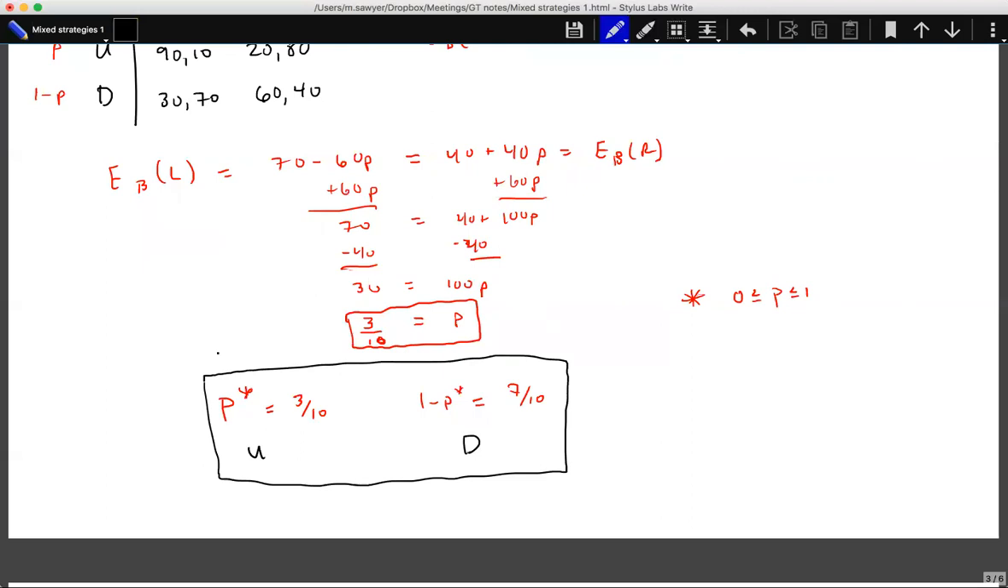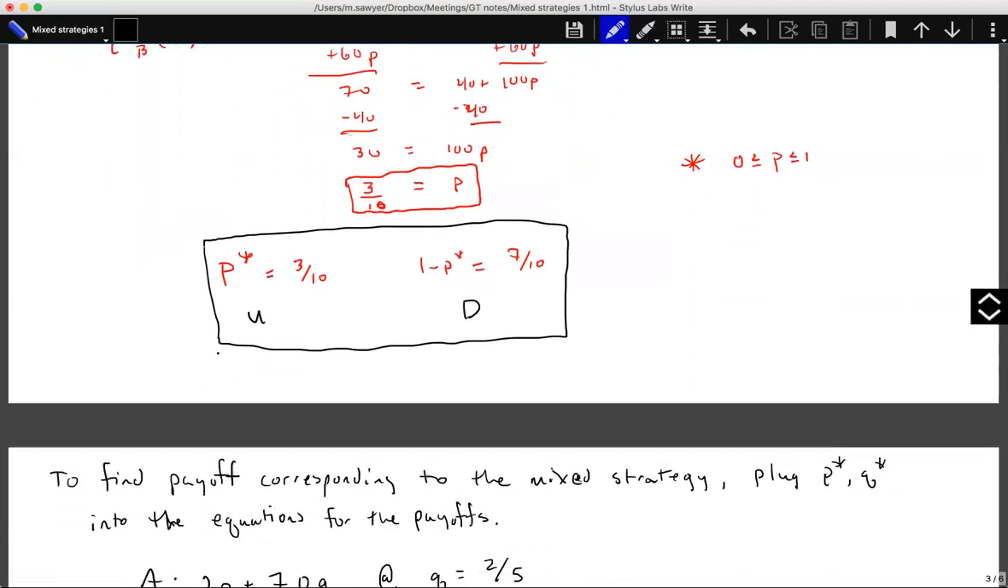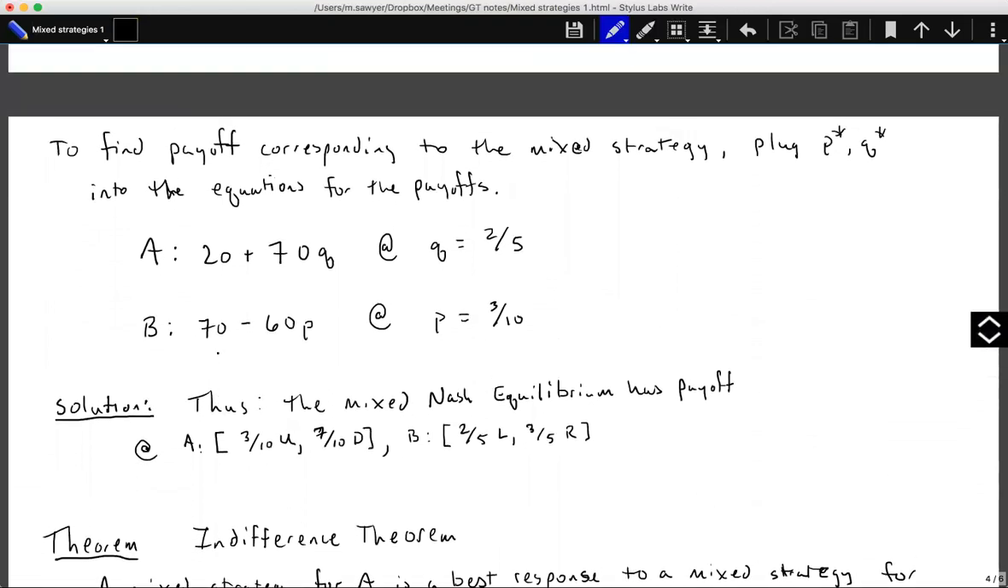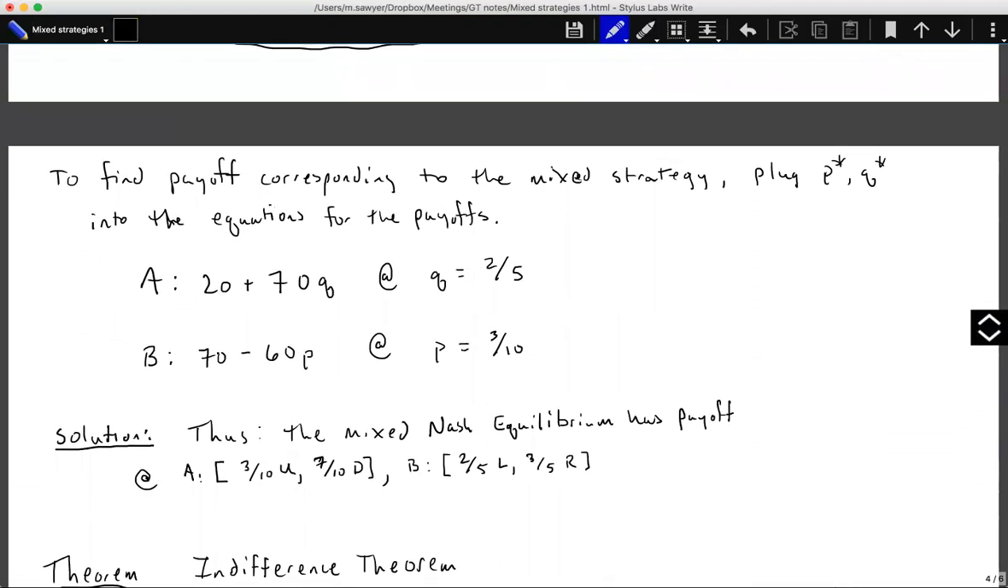So now we've got the probabilities, now we just have to find the payoffs corresponding to the mixed strategies. So what we've done is I've pulled the P star and the Q star. So here's our P star and our Q star, and I've pulled the expected value for A from either equation, either the up or the down. In this case, I pulled the expected value for A using this particular equation here, this is the expected value for A,